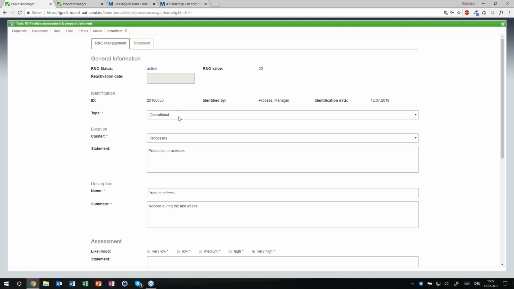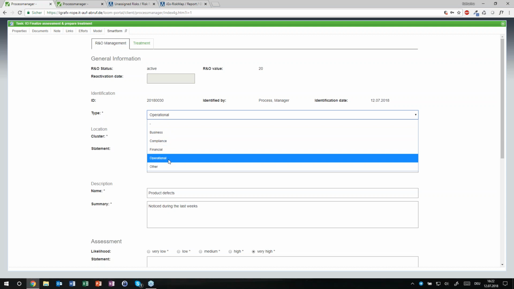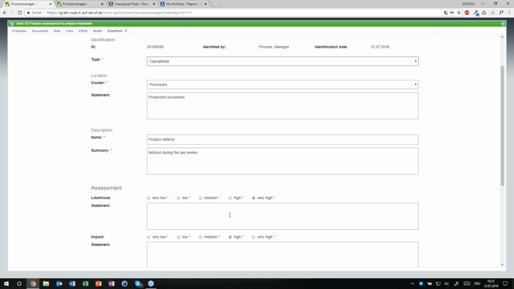So finalizing the assessment, now as a risk manager, I can change certain things. I might have the opinion, as a risk manager, that I have better insight. So it's not an operational risk, it might be some kind of compliance or financial risk. So I have the possibility to change that or to give another risk assessment. From my experience, the likelihood of the risk is just high.